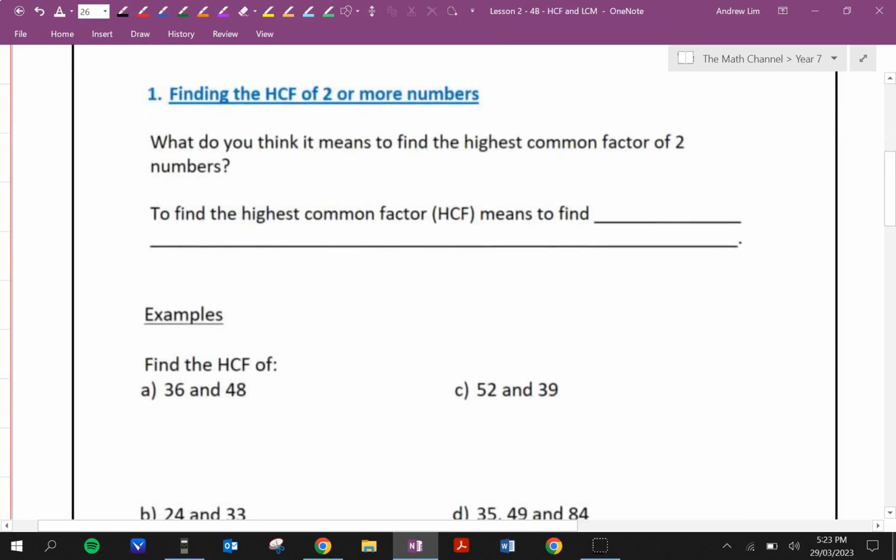What do you think it means to find the highest common factor of two numbers? Maybe pause the video, have a think about it, write it in your own words. If you're in a class, maybe speak with the person next to you. See if you can come up with a definition of what it means to find the highest common factor. Okay, so in my words, to find the highest common factor, it basically means to find the largest number